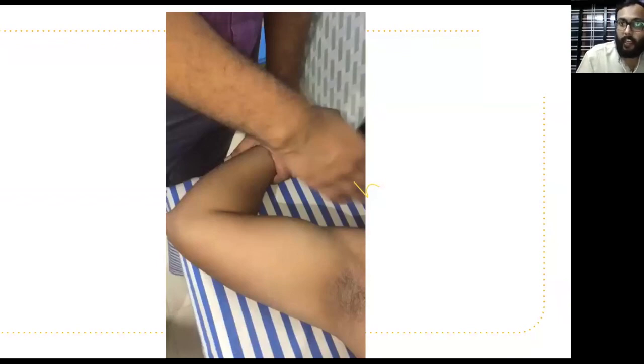But recurrent shoulder dislocation, I already explained, occurs when there is no 3 weeks of immobilization after reduction of the shoulder joint dislocation. Second, if the patient is not doing rehabilitation after the 3 weeks of immobilization, then there is a chance of recurrent dislocation. Whenever the patient moves the hand in external rotation and abduction like this, it causes recurrent shoulder dislocation, and this recurrent shoulder dislocation causes SLAP tear of the glenoid labrum. SLAP: superior labral tear from anterior to posterior. The glenoid labrum tear will be there.